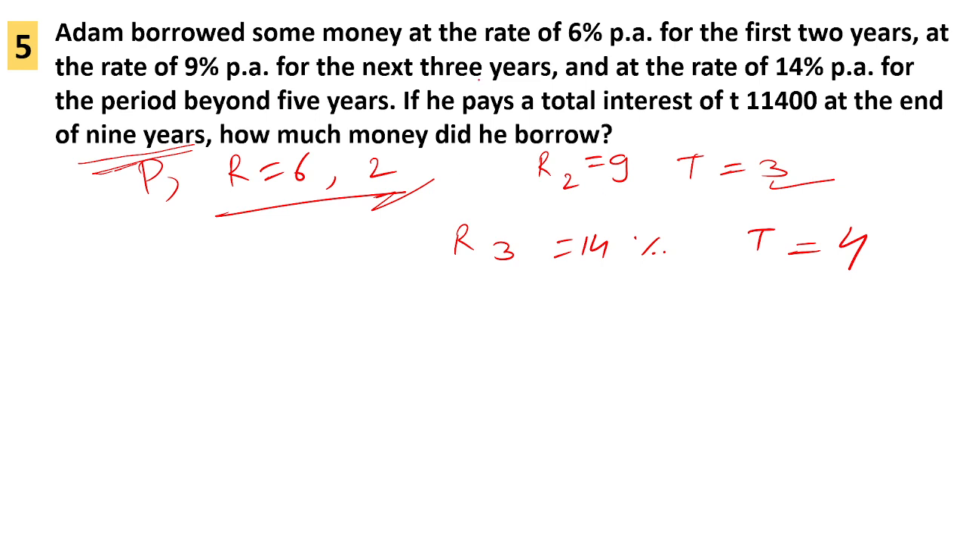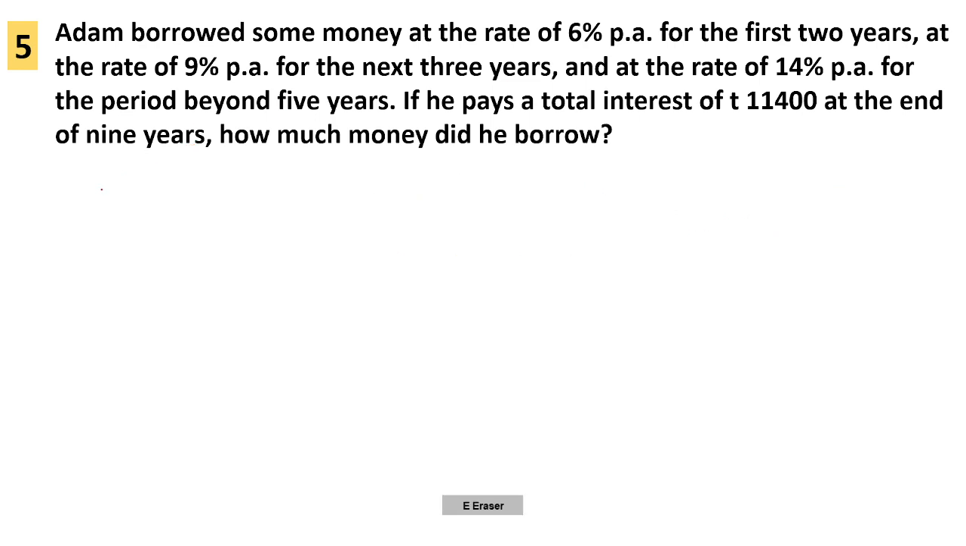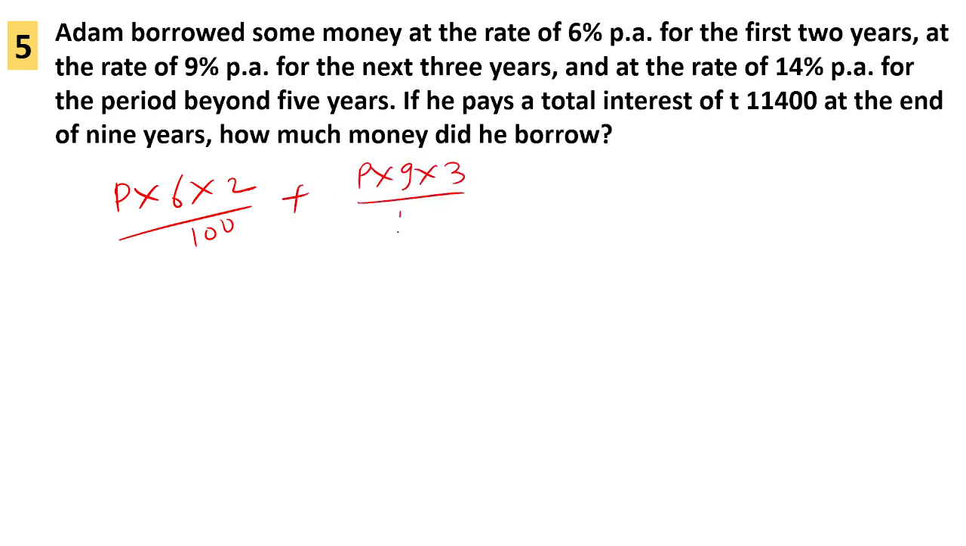Okay, so everyone got this R1, R2 and R3. So what will we do? We have to find the simple interest. They are mentioning the simple interest for all three, so we will add the simple interest for all three. Let's take the P first. P into 6 into 2 by 100, plus P into 9 into 3 by 100, plus P into 14 into what was the year for that? 4, right? By 100. You can see 2 plus 3 plus 4 will be 9, as they have mentioned 9 years,